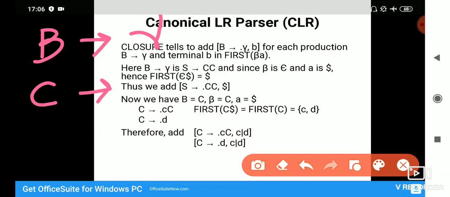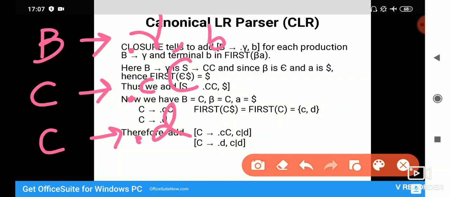There are two productions given to us for C, C to CC and C to D. What do we have to do? We have to include an item of the form B to dot gamma as per the definition. So I am including C to dot CC and C to dot D, and I have included comma b. b in our case was both c as well as d.